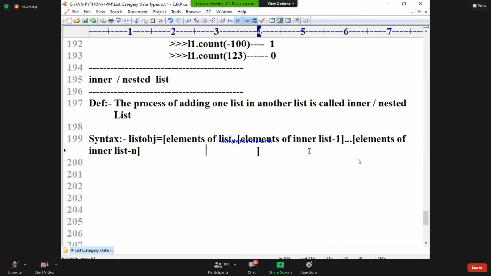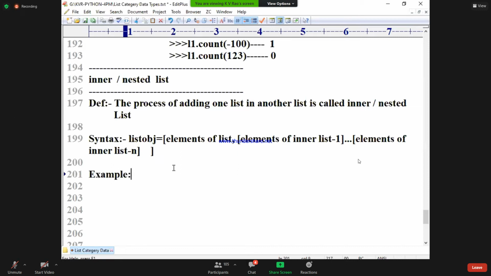Write down the syntax: elements of list normally with opening bracket and closing bracket, elements of inner list 1, again elements of inner list n. You can take n number of inner lists. End of the main bracket.